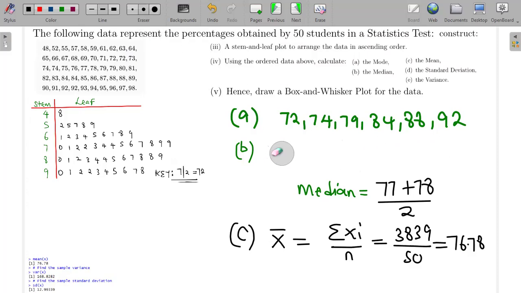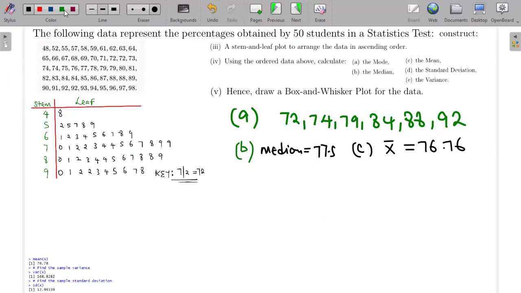So let me do this. So median is what? 77 plus 78 divided by 2, I get 77.5. Then C, which is the mean, I am getting 76.78. Okay, next is to find the variance before we even find the standard deviation. So the variance and the standard deviation, they are intertwined. So now the variance,